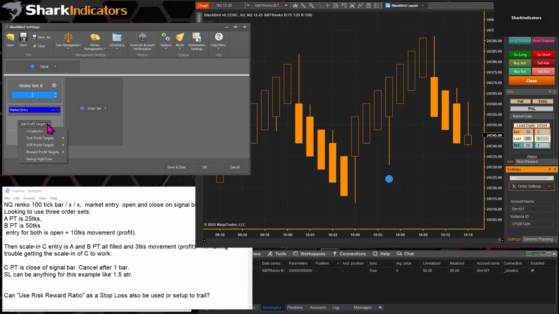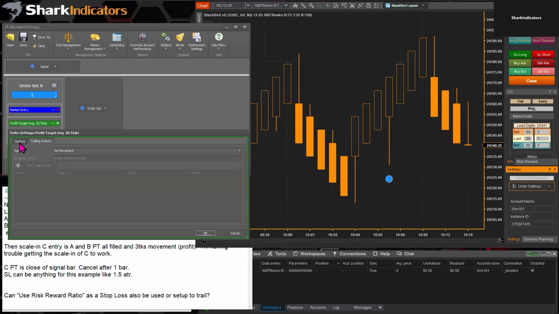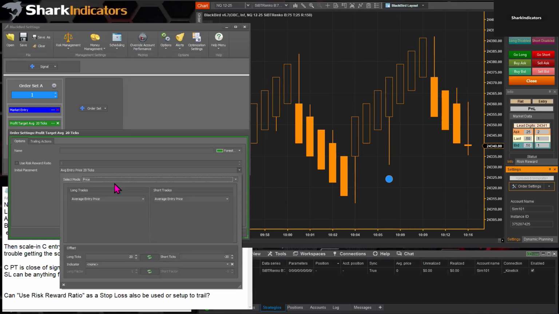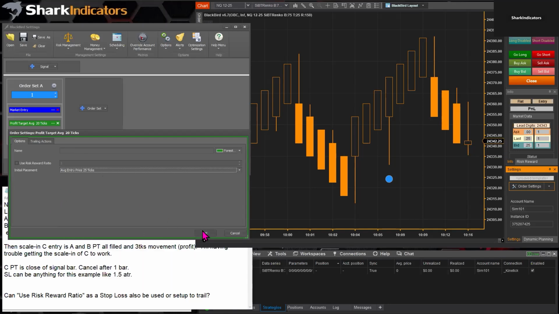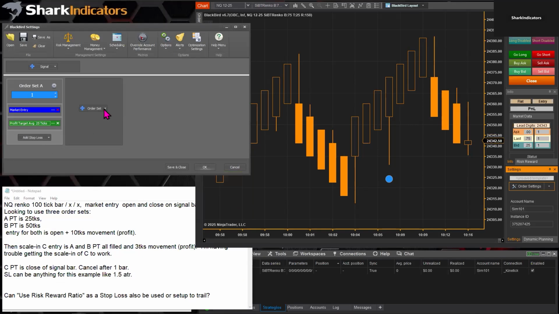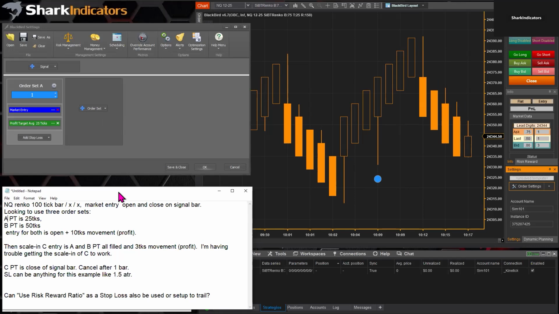All right, so the profit target for A is just a tick, and we'll go with 20 there, and then open this up, go to the options tab. In the initial placement, we'll change the 20 ticks to 15. All right, so that's good. That's done. Let's see here. Yeah, I was just double checking myself. So yeah, there's no stop loss, which